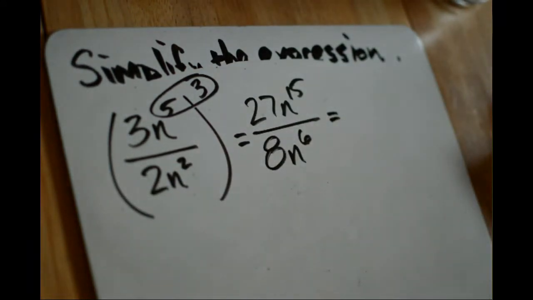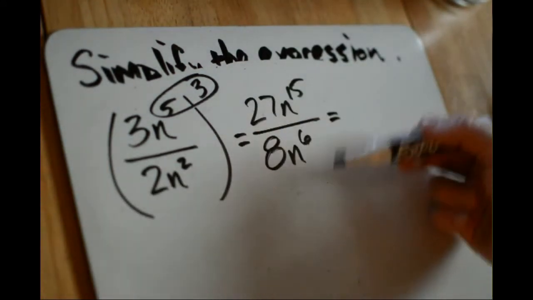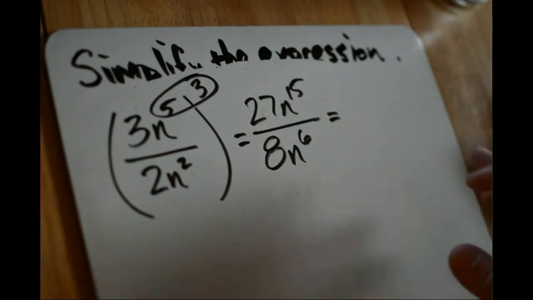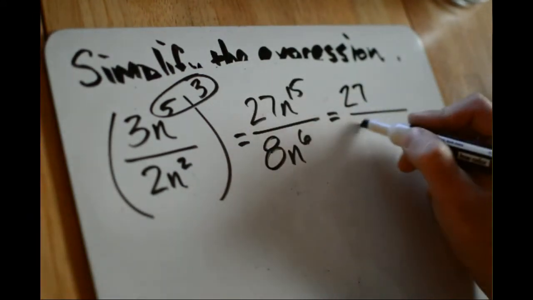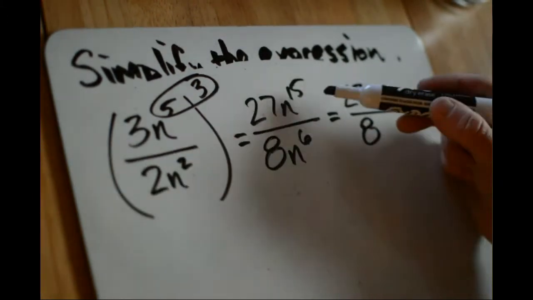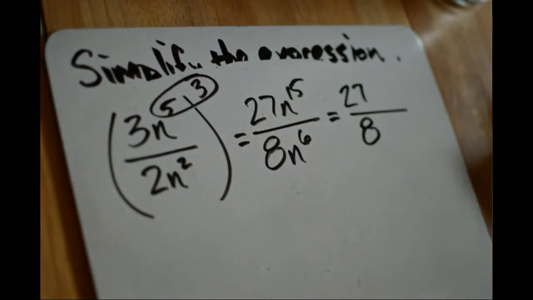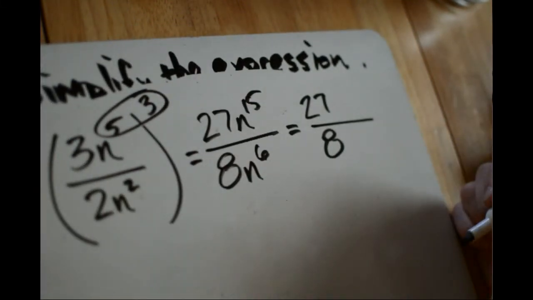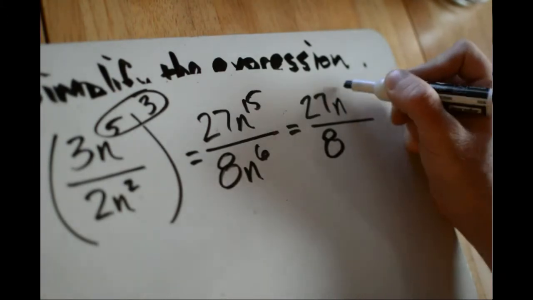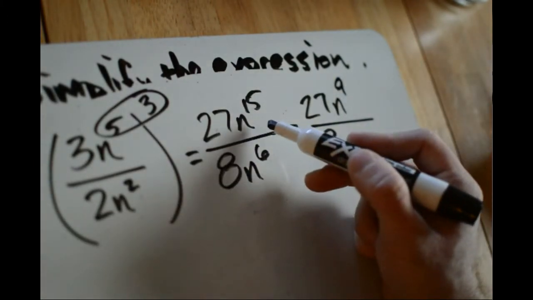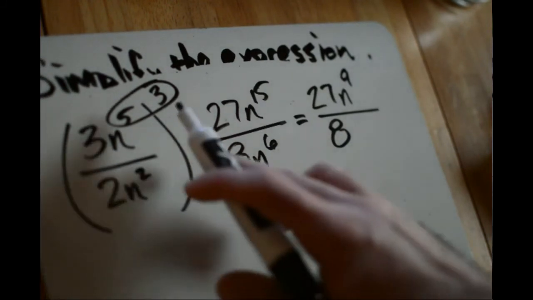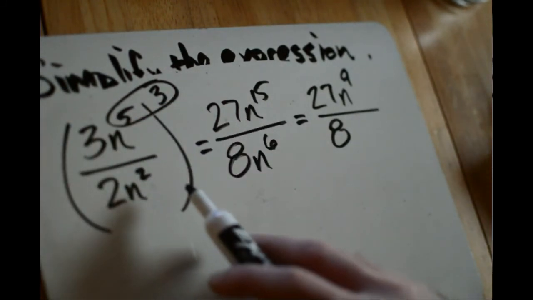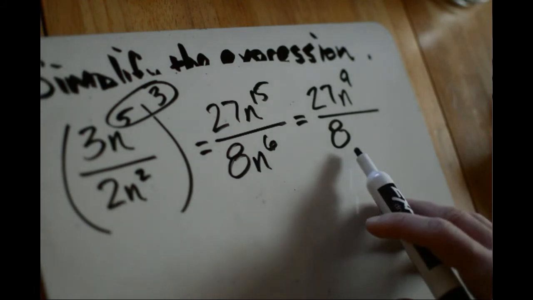Now we can condense a little bit more because we have common bases here. So 27 over 8, those have no factors in common, so that won't reduce at all. And n to the 15th divided by n to the 6th, we'll be subtracting those exponents and getting n to the 9th. And that's going to go in the numerator because that's where we had more factors of n to begin with. So this all together, after using our power to a power rule, simplifies down to 27n